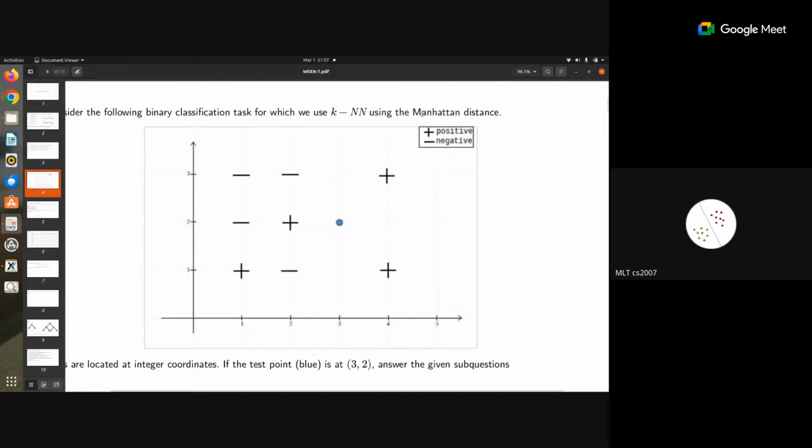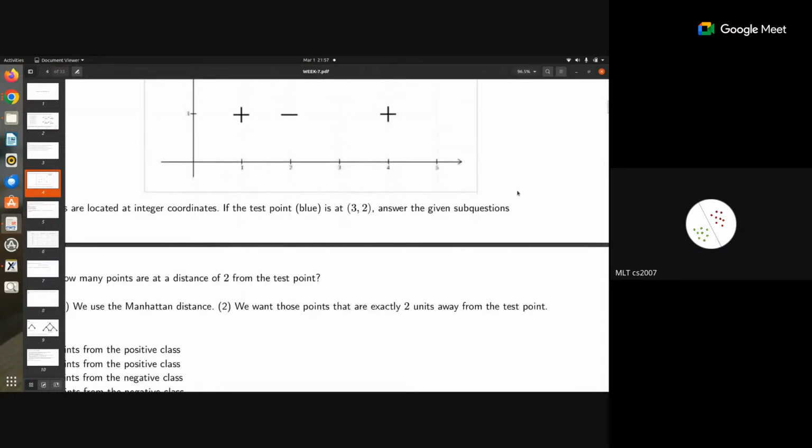So using the Manhattan distance, the Manhattan distance means which distance? The L1 norm, right? So which is the absolute distance. Okay. Second question is,